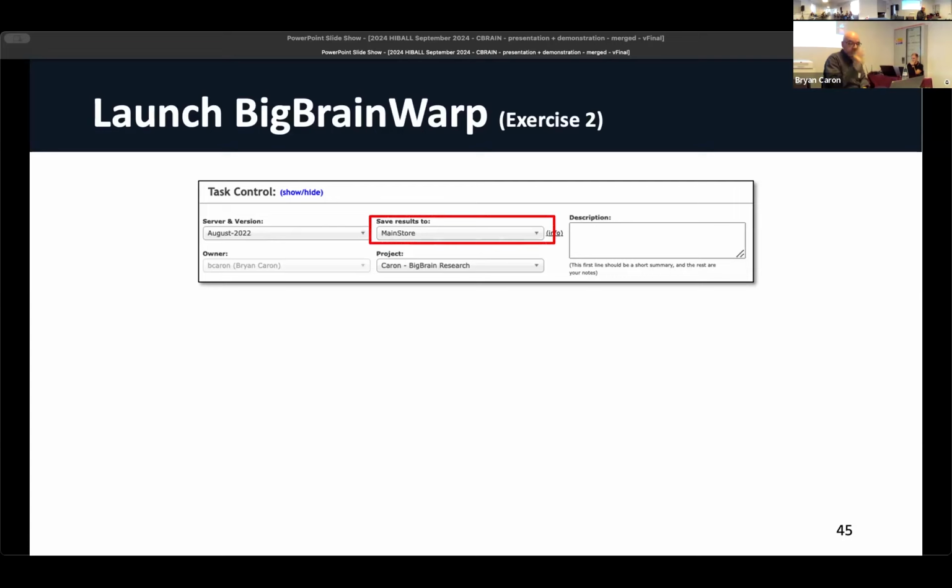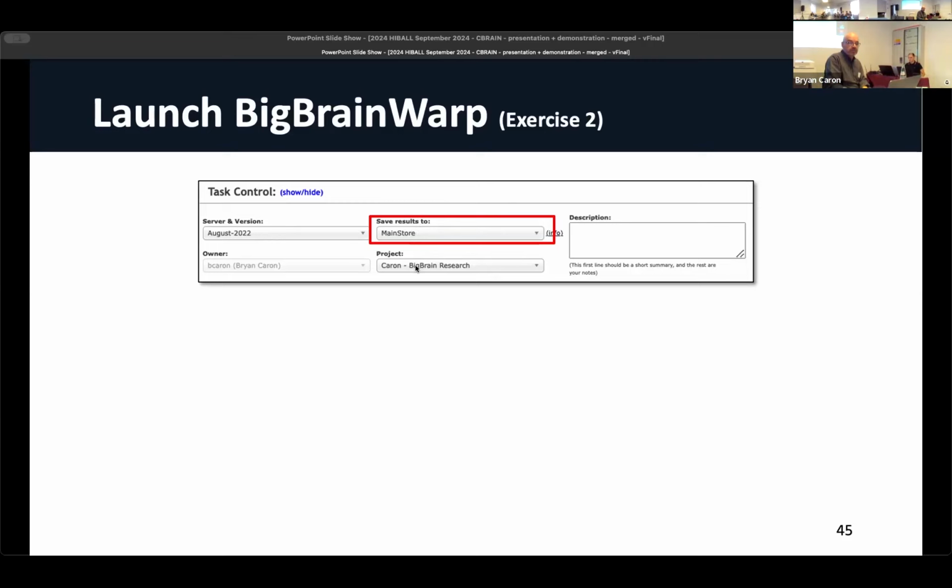So you're going to want to make decisions about where you're storing your data and into what project you're going to store that data. Typically you're probably not going to be working on multiple different projects. You've created different projects within CBRAIN depending on your activities. I won't go into too many of the complexities about the storage type options, but what you're going to do is pick main store. It's just the general purpose storage resource destination that we have within CBRAIN. So it's not the storage at your local lab, but one that we provide to the community, some general amount of space. So if you go through and save your results, mark it to main store.